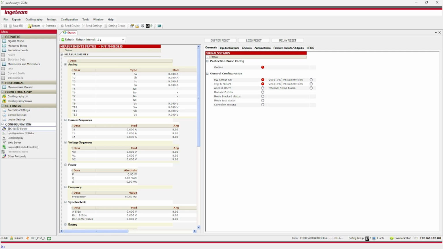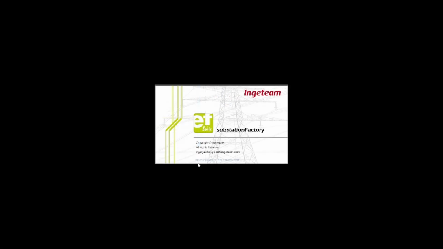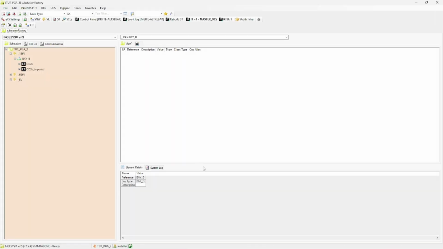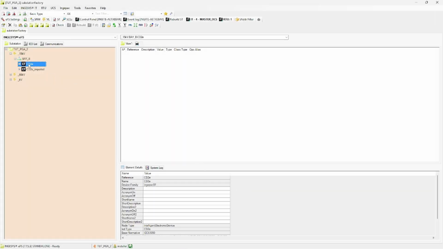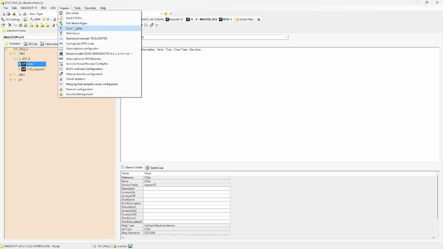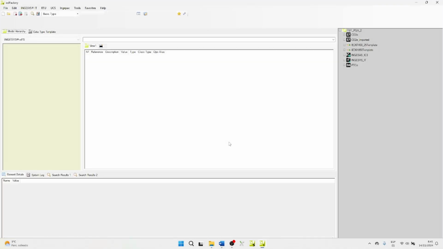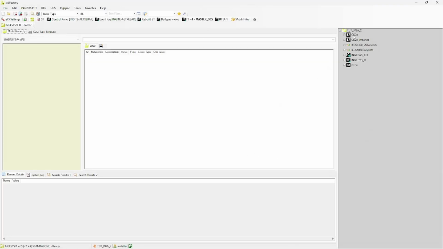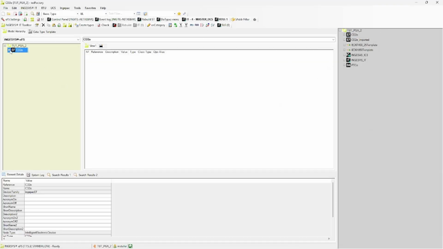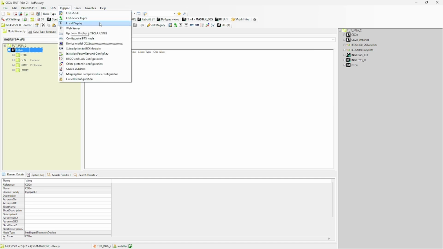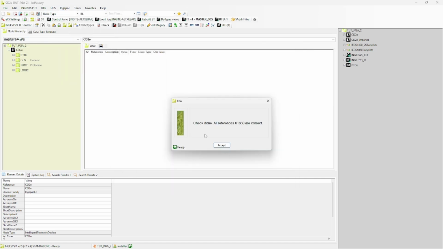The second option, Substation Factory, does also let the user configure the local display of a single IED. There are several tags and buttons that let the user access the editor, for example, the INGAPOC drop-down menu. Lastly, the IED Factory application does also allow us to configure local displays, but not for single IEDs, for IED templates instead. The local display editor can also be accessed from the INGAPOC drop-down menu.